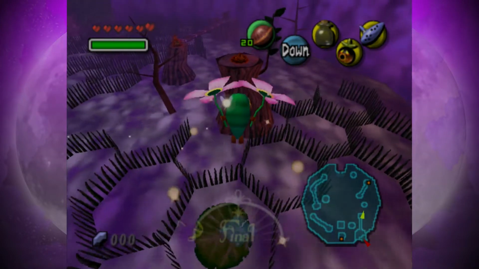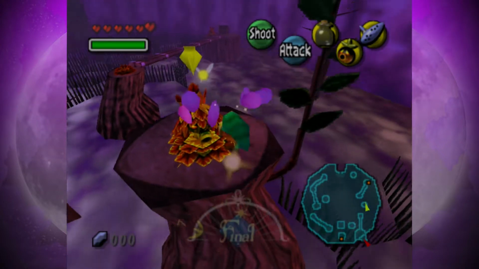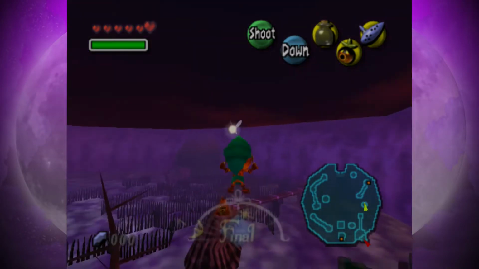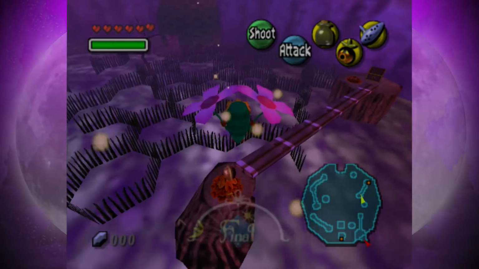But yeah, I think it's called the Great Bay Temple. Even that one, with the stray fairies being placed all around the place, as long as you have the mask going on, it basically shows where every fairy is. Every time you get to a room, the fairy...